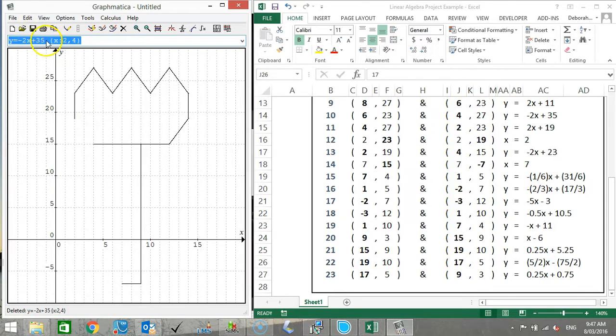Now I'm back to rewriting. So this is what I had entered, and I'm going to change the 35 to a 23. And graph that, and now I've got the line that it's supposed to be. So at any point you can redo a line without any problems whatsoever. So finishing off my drawing,